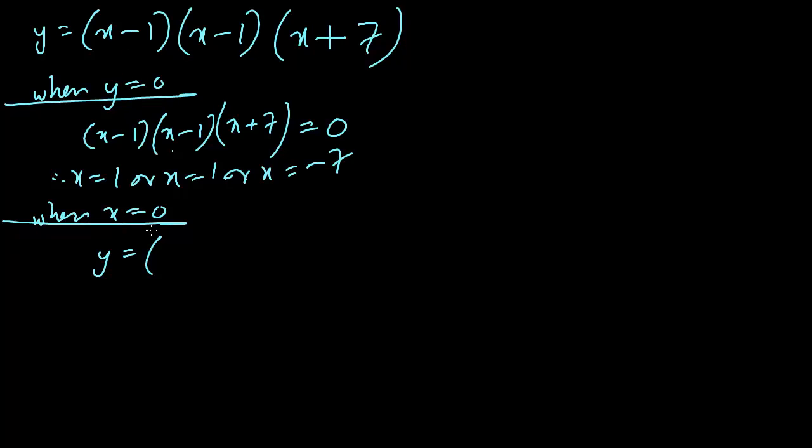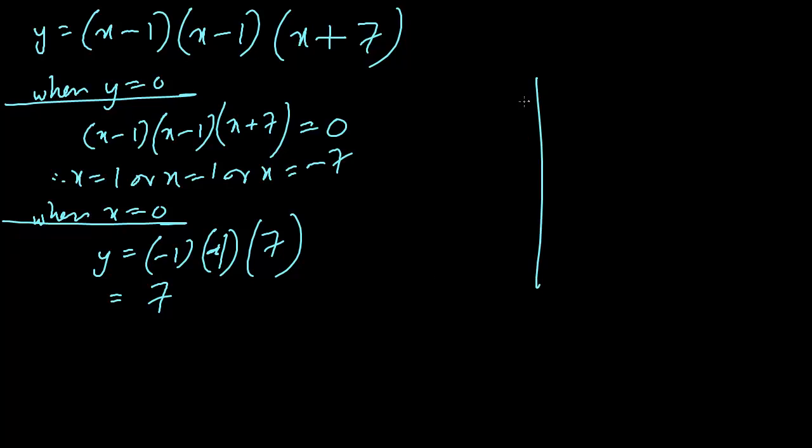So y equals (0 - 1) is -1, (0 - 1) is -1, and (0 + 7) is 7. So -1 times -1 is 1, times 7 is 7. So let's do this sketching. Now we have 1 over here and -7 over here. This is a bit strange